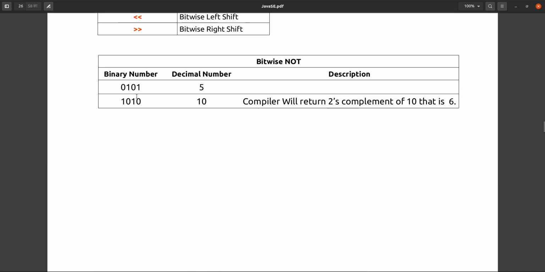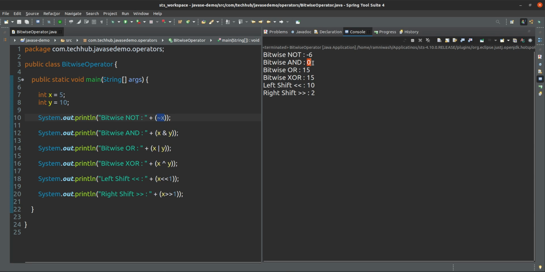So here 1 0 1 0 and 0 1 0 1. All of these are 0. All are 0 means it is coming as 0. Simple. In the same way,